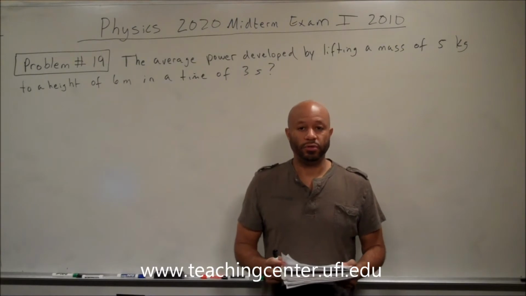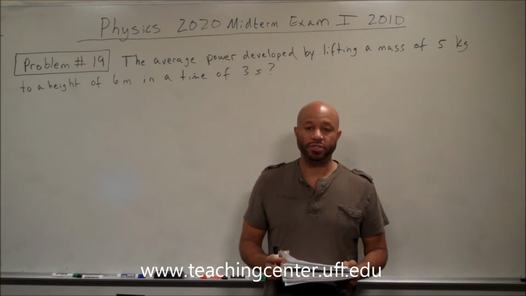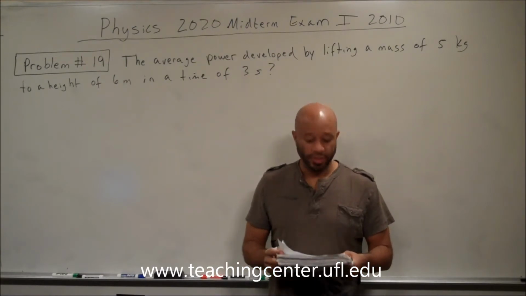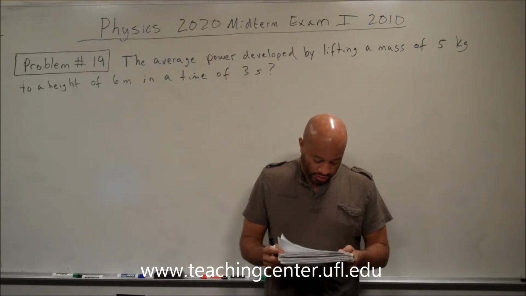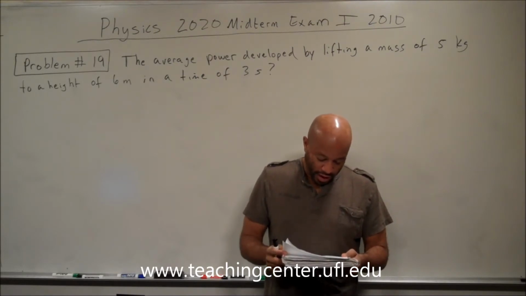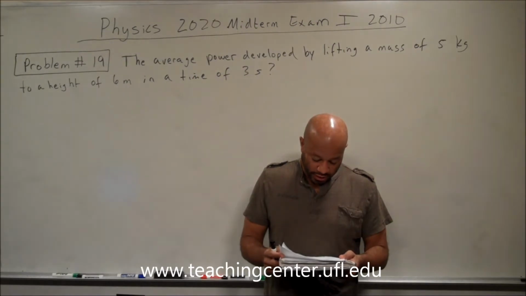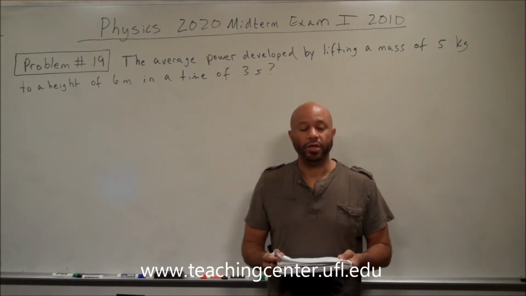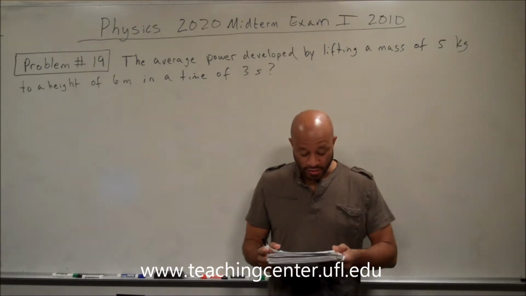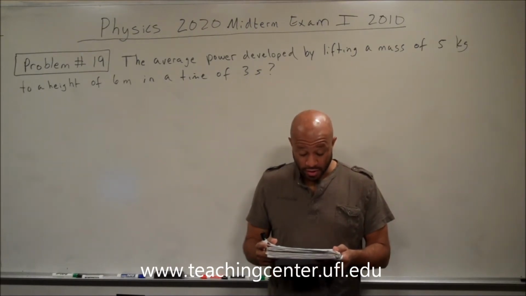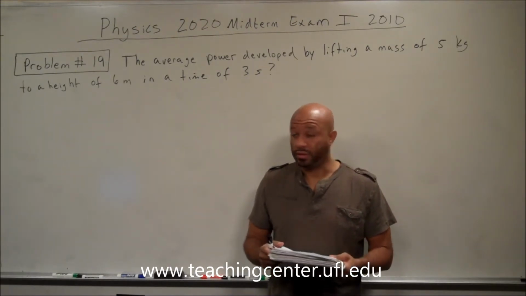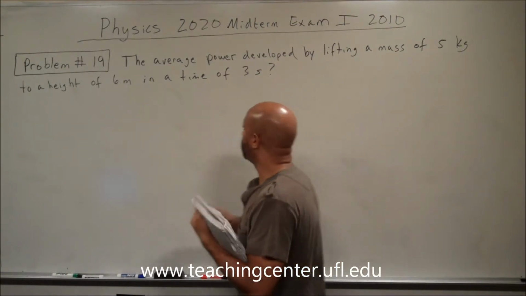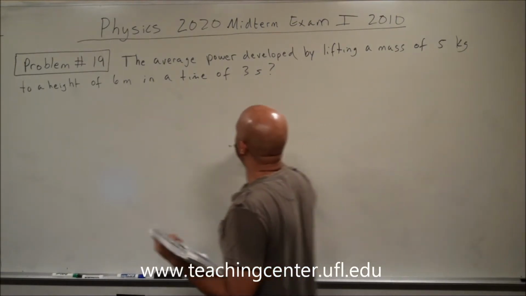Alright, so I'm going to work through problem number 19 for Physics 2020 Midterm Exam 1. This problem says, the average power developed by lifting a mass of 5 kilograms to a height of 6 meters in a time of 3 seconds. So basically it's asking us to find the average power developed by doing this work. Okay, so we want to find the average power,